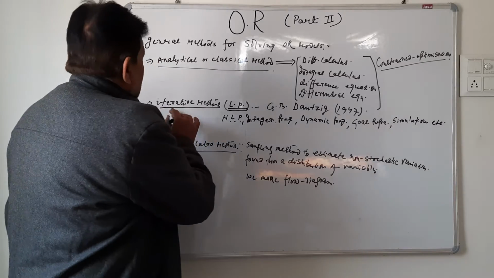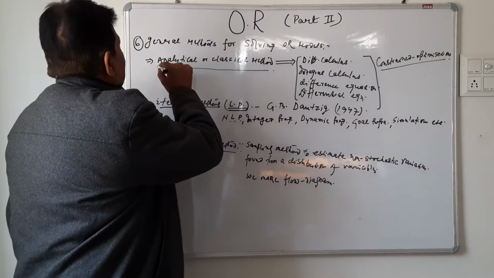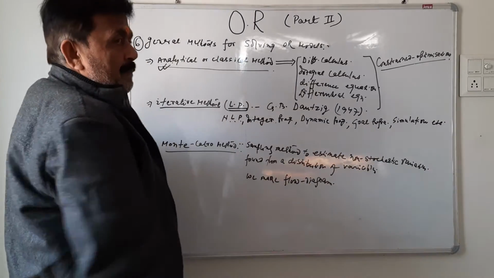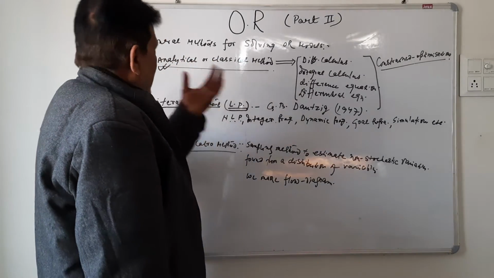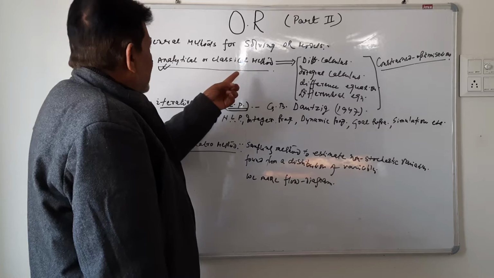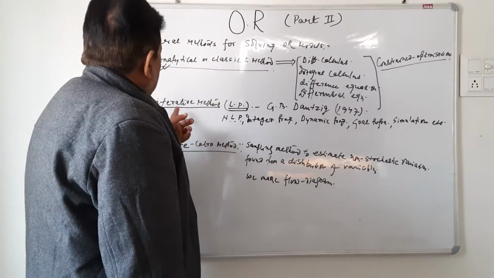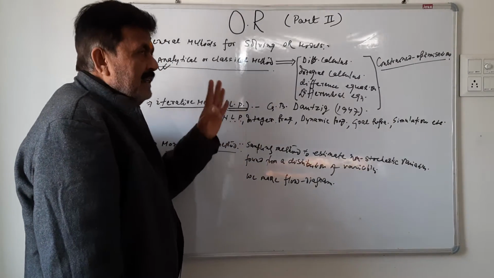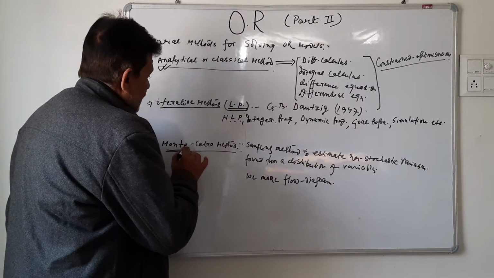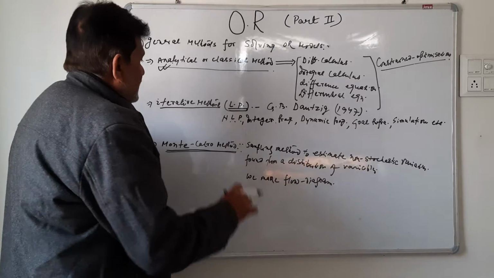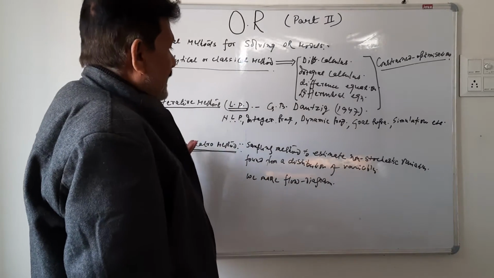This iterative method is of course used when the classical method fails. As long as the classical method does our job, it's fine. But at various places where this analytical method breaks down, we use the iterative method or linear programming. And in certain cases, we conduct Monte Carlo studies, that is the sampling method.